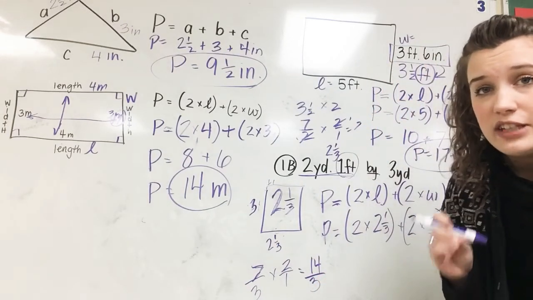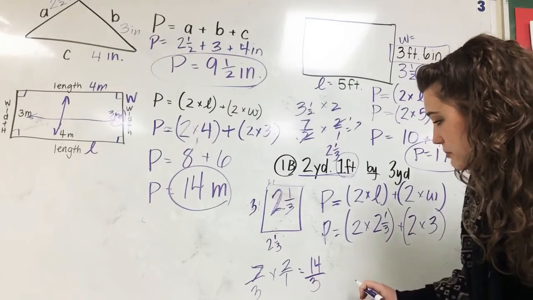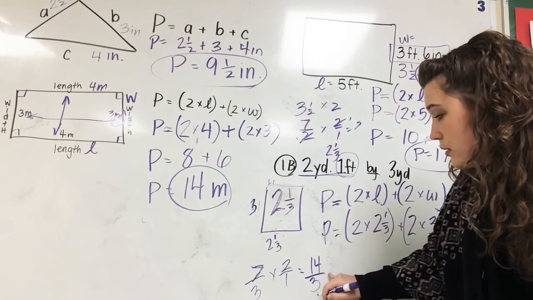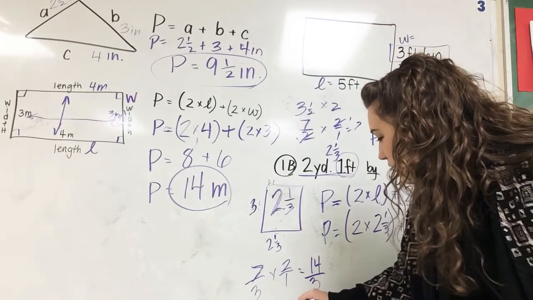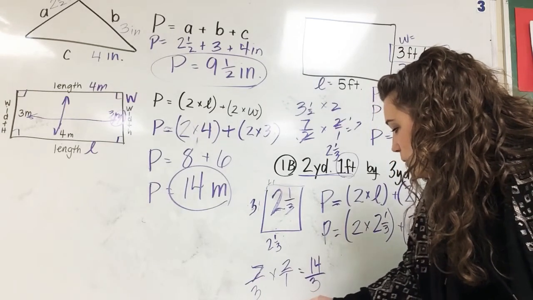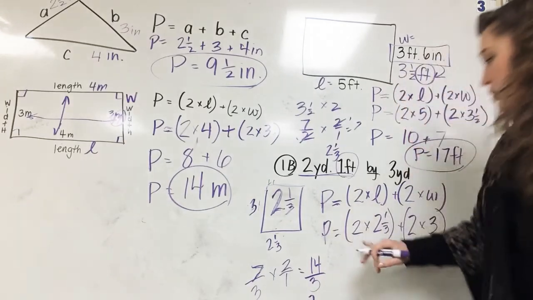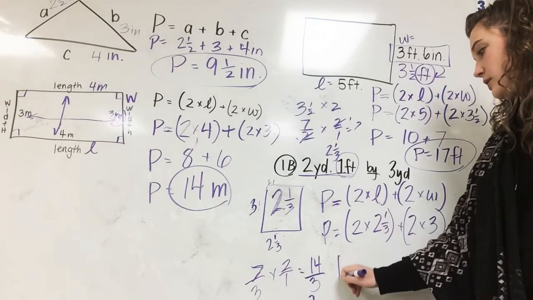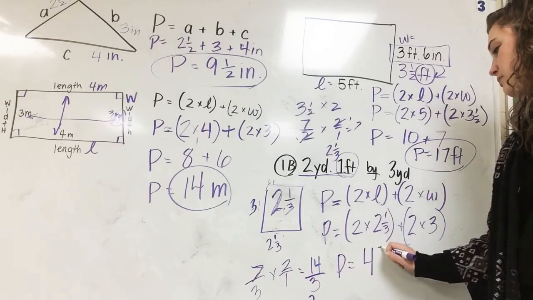Now do the simple division in your head. 3 goes into 14. How many times? It goes in 4 times. 4 times 3 is 12, which means 14 minus 12 is 2, so that's going to be our remainder. Okay, so 2 times 2 1/3 is P equals 4 2/3